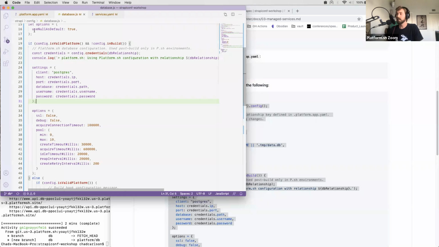And then it's going to check. It's going to say, okay, are we on Platform.sh and are we not in a build? This catch right here actually has to do with the fact that during the build phase,